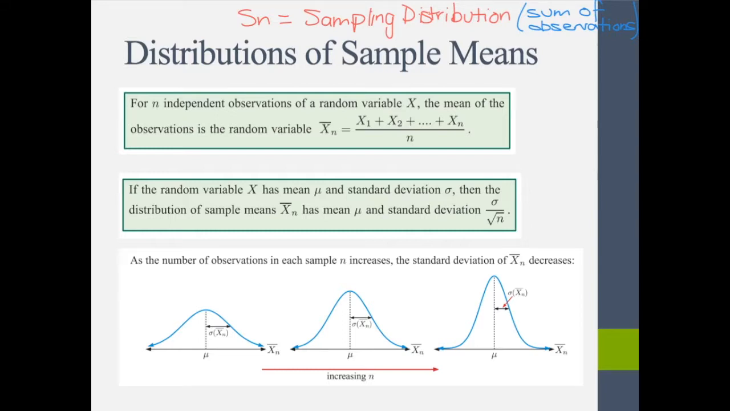Jumping on now to distributions of sample means, which is a little bit different to what we did before. Remember when we were looking at S_n, that was a sampling distribution, which was the sum of the observations. So that's when we're adding together all the different observations. What we're going to talk about here is a little bit different, which is the distribution of the sample